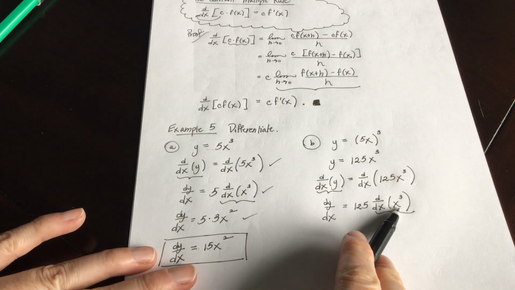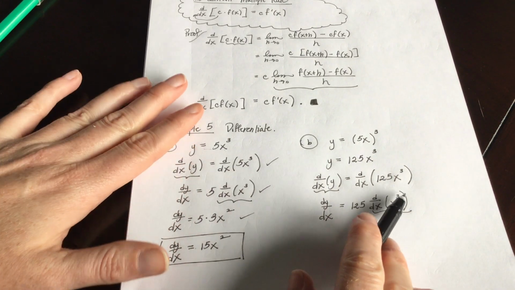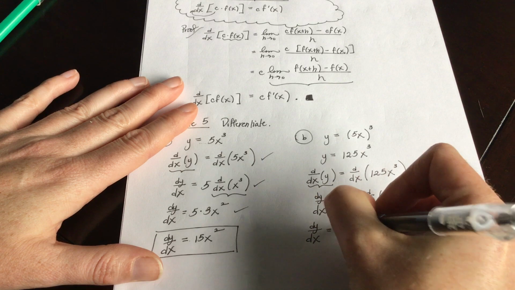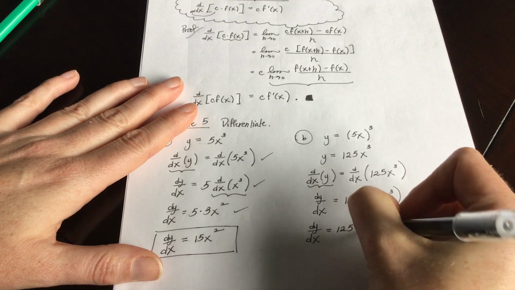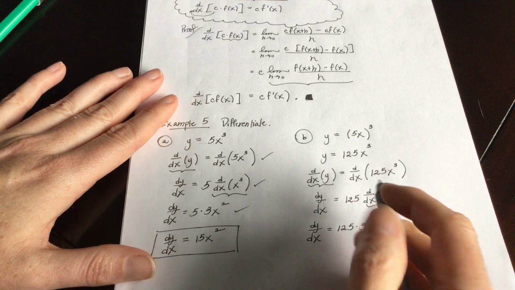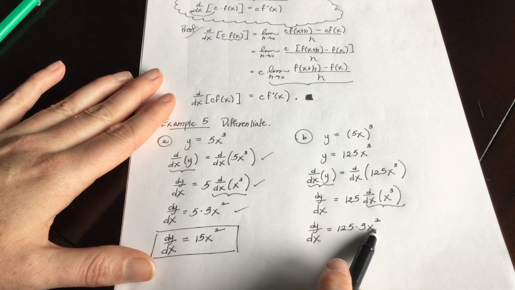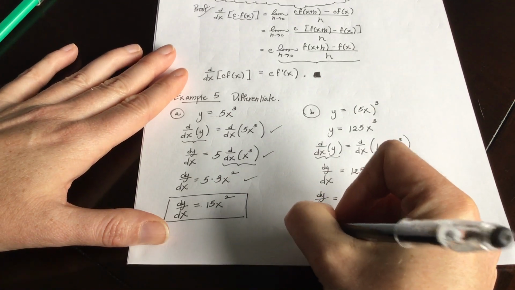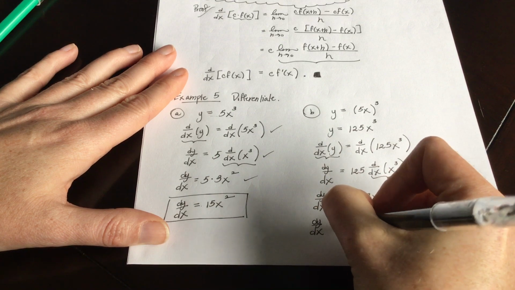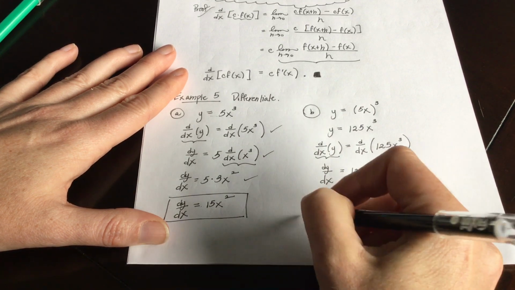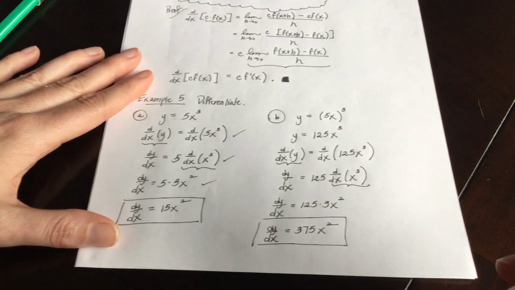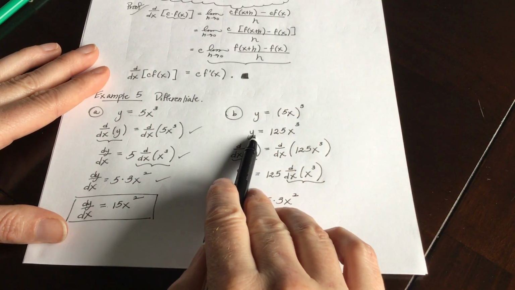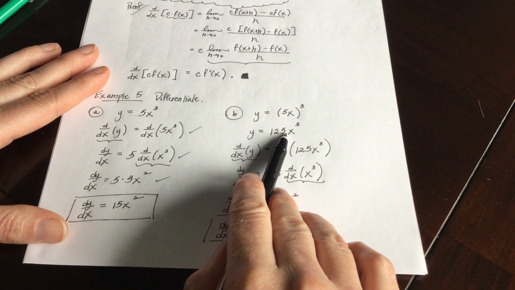Your base is just x, and then your exponent is a constant. So dy/dx would be 125 times 3x squared for the derivative of x cubed. Notice I write d/dx until I do the derivative, then it's important that you stop writing it, okay? Your final answer would be dy/dx is equal to, I think, 375x squared. Okay? All right, for all of that work, I would say that cubing it and writing it as 125x cubed